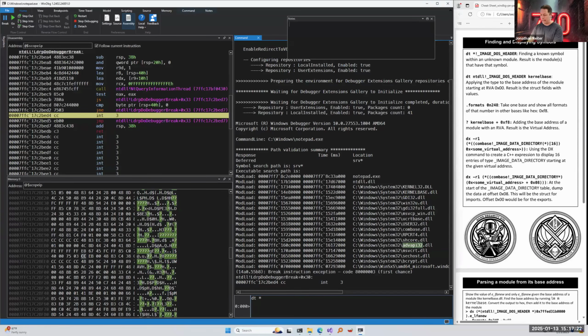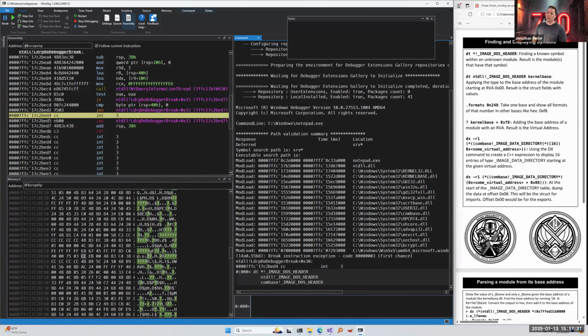You can say DT splat bang, and then the actual name of the symbol itself. And what's going to happen there when you go ahead and run it, it'll go through and access the Microsoft symbol server, which WinDbg should be set up to go ahead and access and pull down symbols from the symbol server. However, I highly recommend that you have offline symbols available because the access to the symbol server is finicky